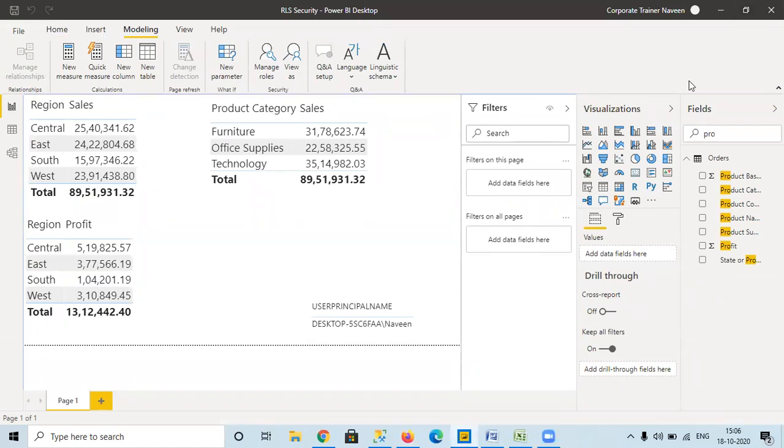But what if we need to create around 100 roles or 50 roles? Or what if there are a lot of users and a lot of scenarios? Will you be able to create all the roles? It will be difficult to create that many roles and add that many users.